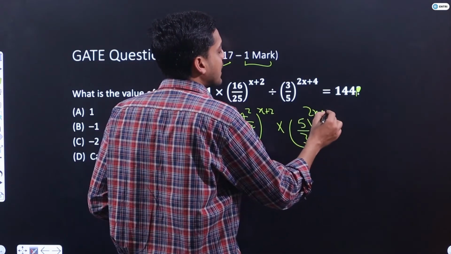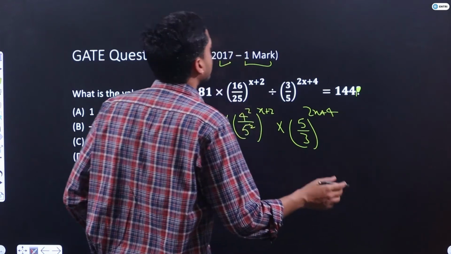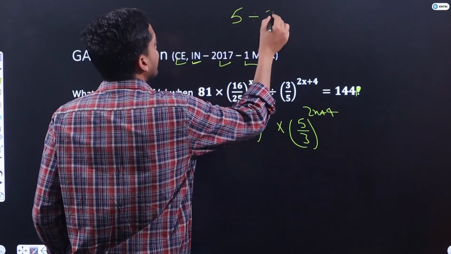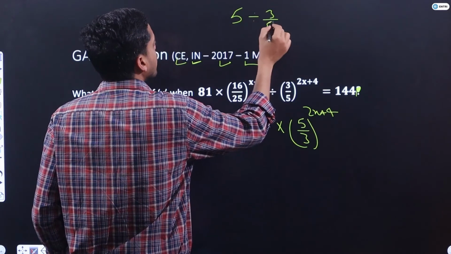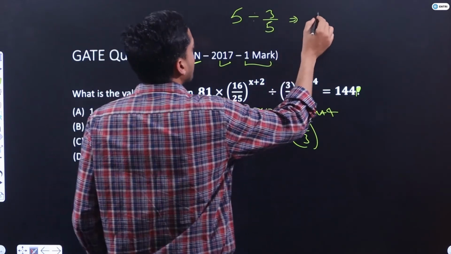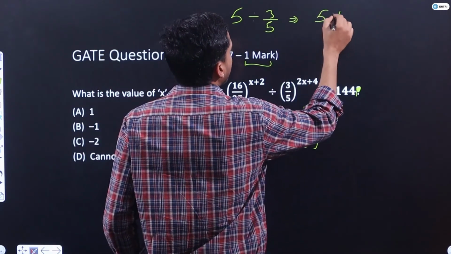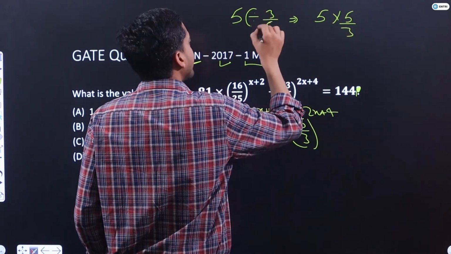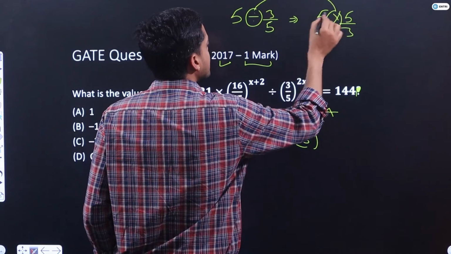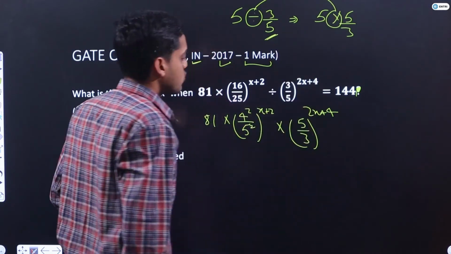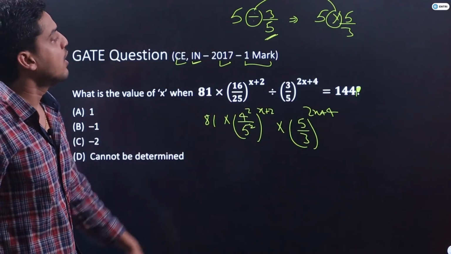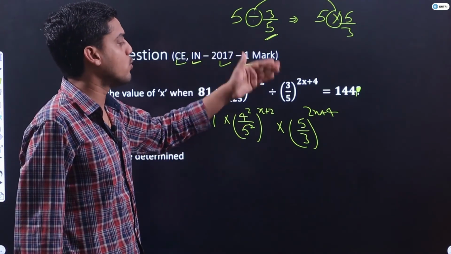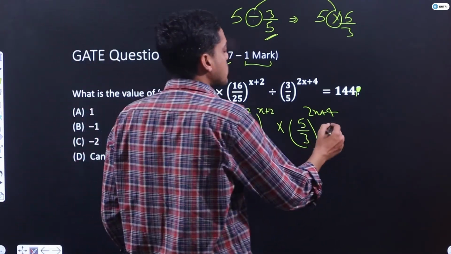And in the 4th class we have done this, in the 3rd class we have done this. If I am doing 5 divided by 3 by 5, how were we doing this calculation? 5 multiplied by 5 by 3, yes or no? So to change this divide into multiplication, just reciprocate this fraction. That is what we have done here. I hope it is clear to each and everyone. Very basic thing from 4th class I have told you. Is equal to 144.